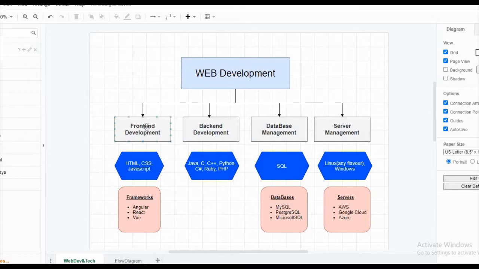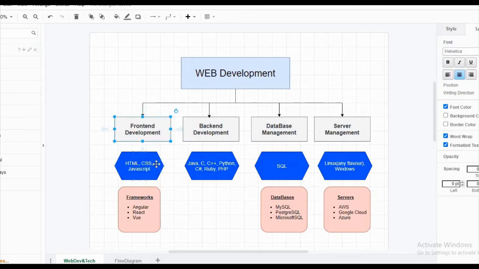Okay, so in front-end development, the basics you should know are HTML, CSS and JavaScript, and without using any framework you can develop the front end of your website using these 3 things: HTML, CSS and vanilla JavaScript.